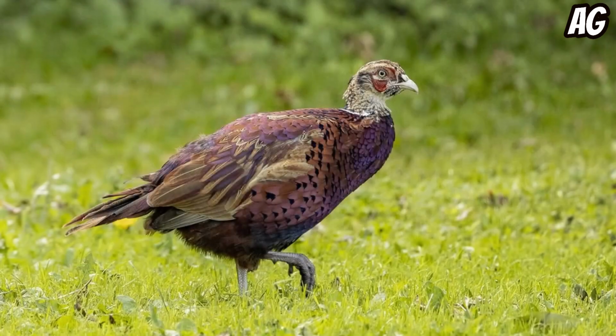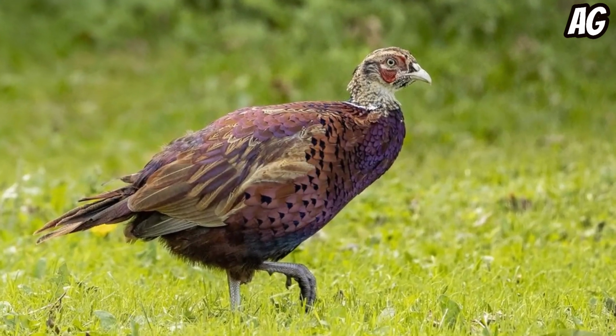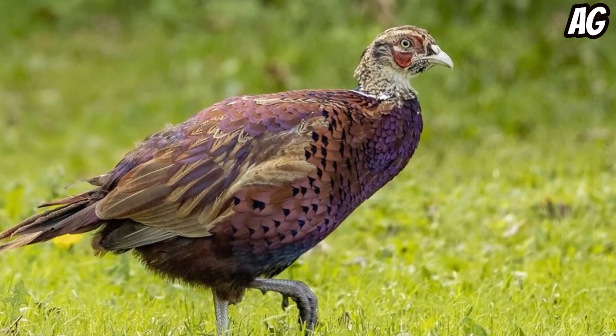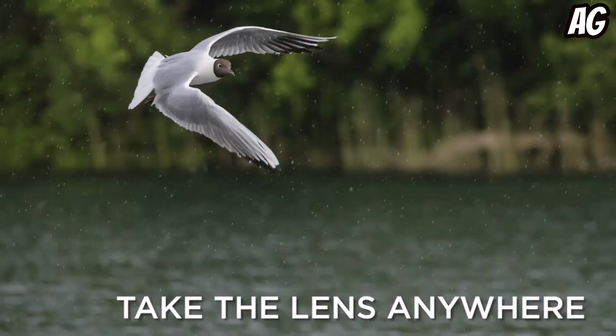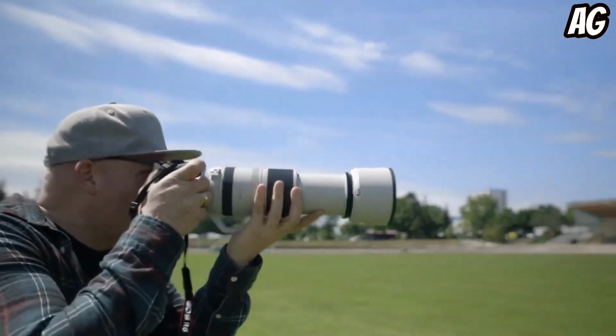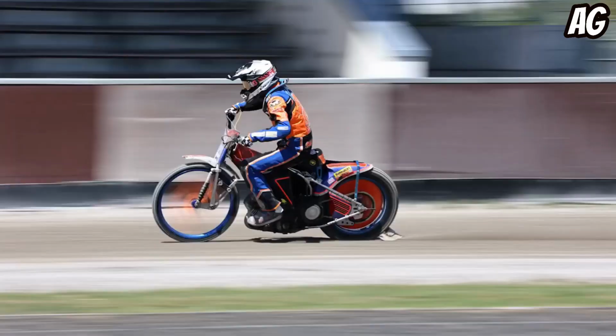So, which 150-600mm lens reigns supreme? It depends on your specific needs and priorities. We've covered a wide range of options, from budget-friendly picks to feature-packed powerhouses. Consider factors like image quality, autofocus performance,